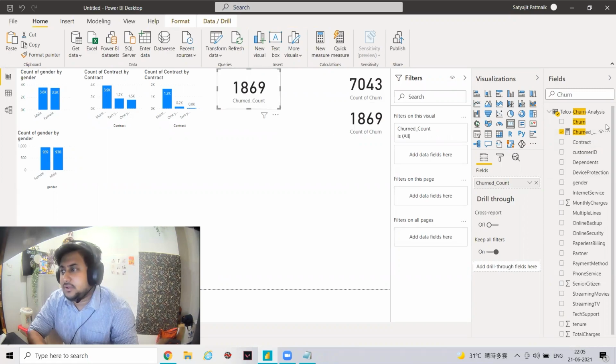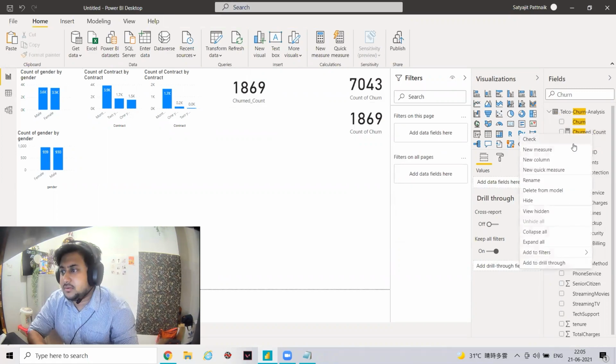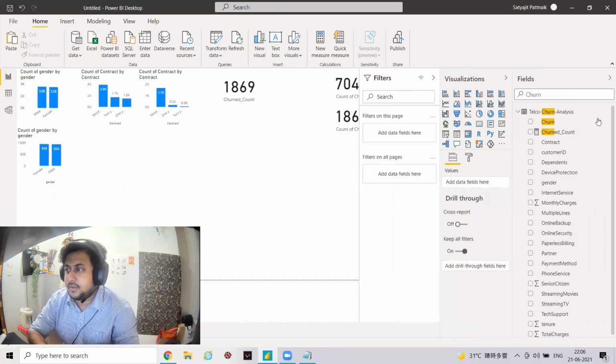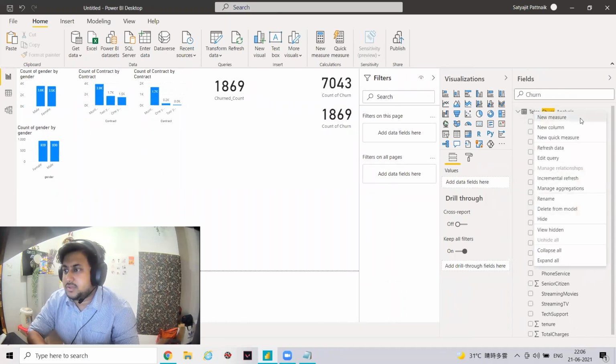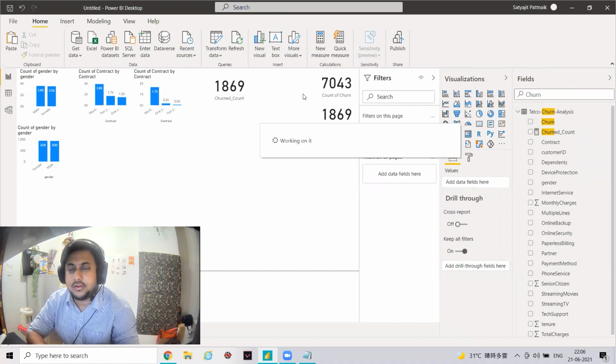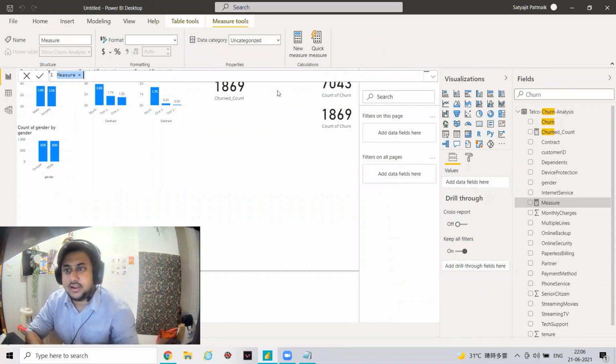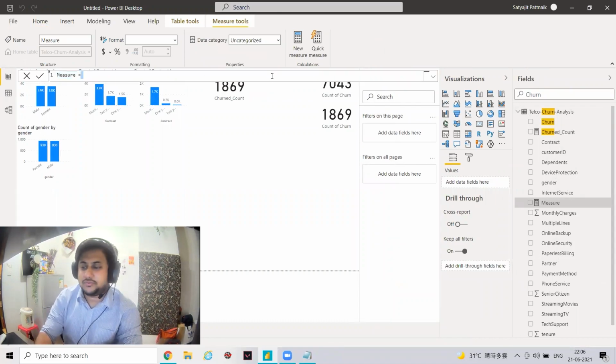Similarly, I will just copy paste this. Okay, let's create another new one. So what I will do is I'll create a new measure, and of course just calculating the percentage is dead easy. 1869 divided by 7043, but we want to use Power BI, right?